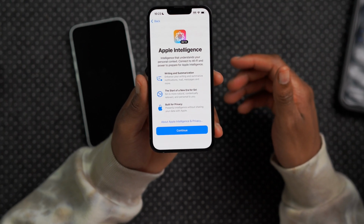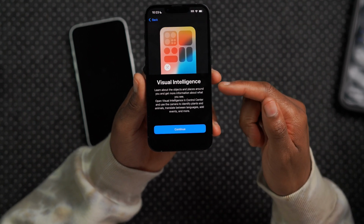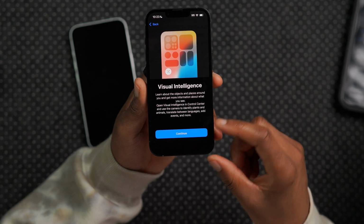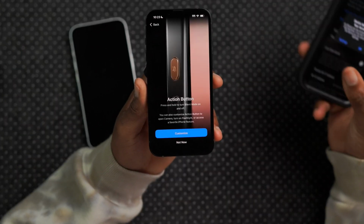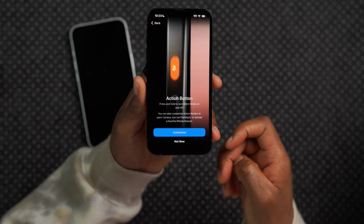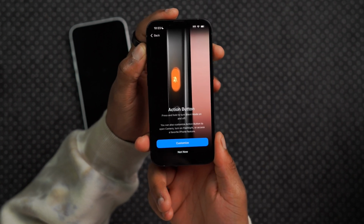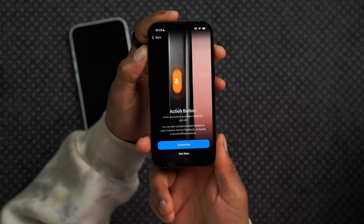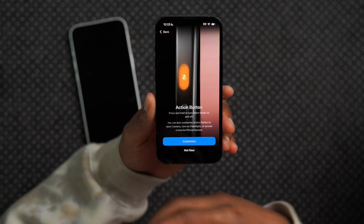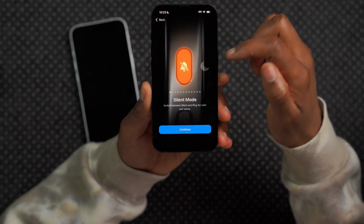And now the next thing that pops up is Apple Intelligence. I'll click continue, and you can see Visual Intelligence is now supported on the iPhone 16e, and I'll click continue just like that. And right here it shows the action button. Press and hold to turn silent mode on and off, and you can also customize it. So by default it's set to the silent mode, and when I press and hold it, it's actually activating the haptics. So I can customize now,